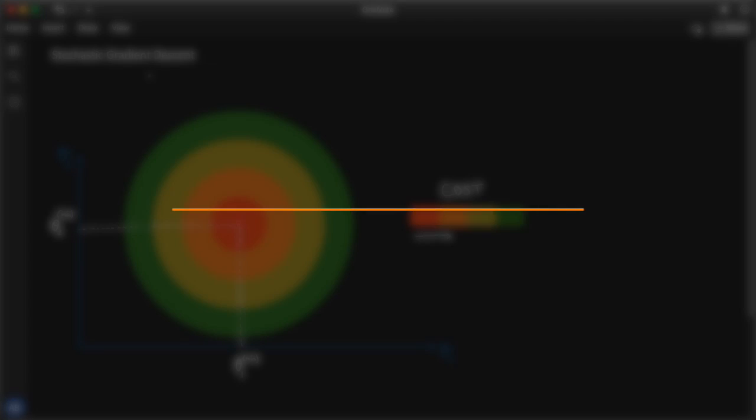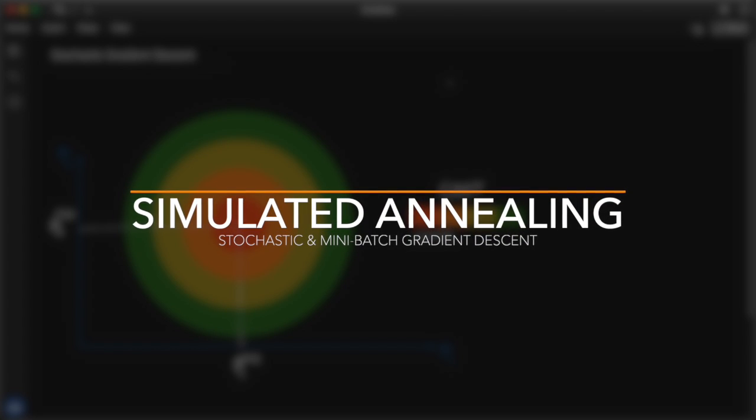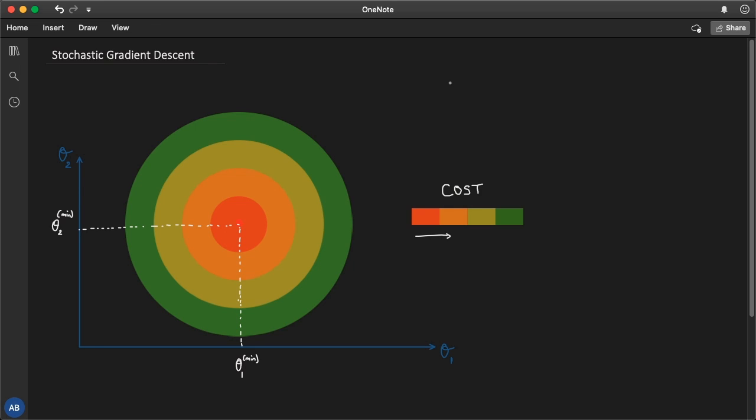Now, at the opposite extreme, stochastic gradient descent just picks a random instance in the training set at every step and computes the gradients based only on that single instance. Obviously, this makes the algorithm much faster since it has very little data to manipulate at every iteration. It also makes it possible to train on huge training sets since only one instance needs to be in memory